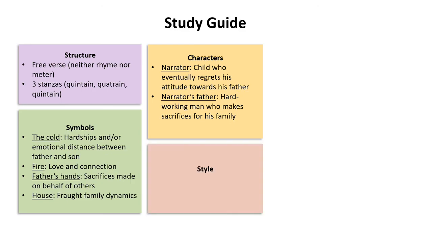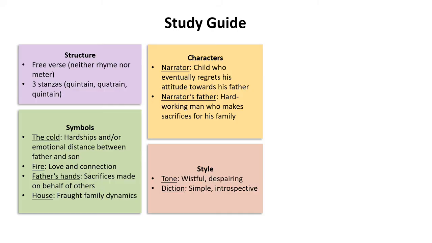When analyzing the writing style of this poem, we can examine tone and diction. The narrator's tone is wistful and despairing, while his diction is simple and introspective because he's reflecting on his own character and feelings. By the end of the poem, the audience will likely feel that the narrator is very self-aware.